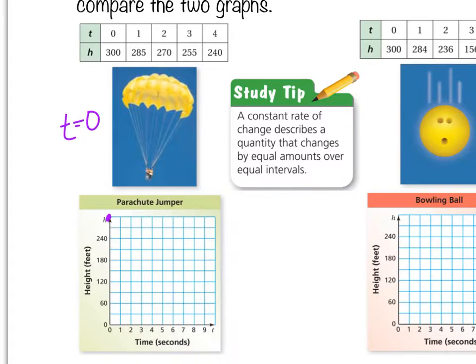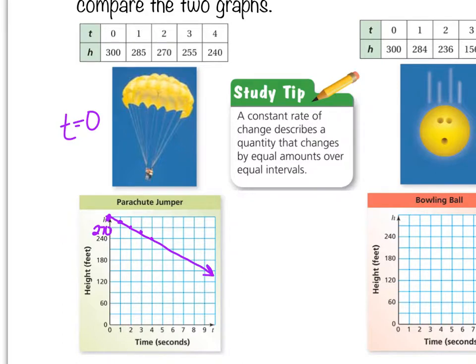Okay, the next one is 1 and then 285. So this is going to be 270. There we go, 270. If I'm looking for 285, I'm looking for something between 270 and 300. So it's going to be right there. And then 2 is 270, so right there. And then 3 is 255, which is going to be right between 270 and 240. And then 4 is going to be 240. So we can see these points are making a line,